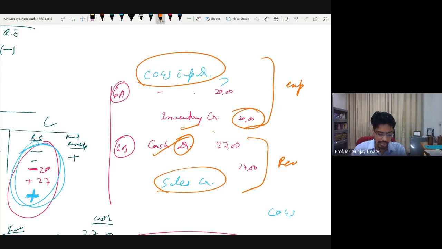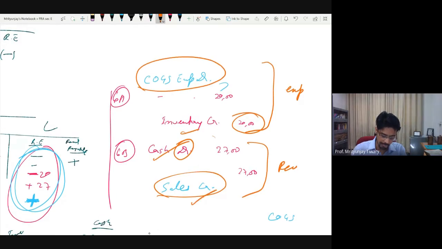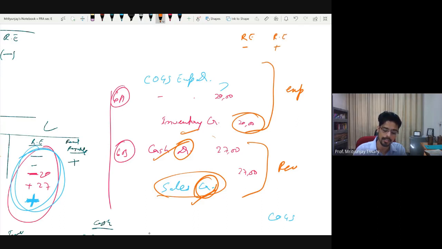Now, after all of this, I wanted all of you to notice that whenever any income was happening, it will always get credited, and whenever any expense is happening, it will always get debited. What was the reason behind that? The reason was that expenses reduce retained earning and incomes increase retained earning. Now retained earning is a liability, so liability reduction is called a debit and liability increase should be called a credit. That is why all the expenses are called a debit and all the incomes are called credit.